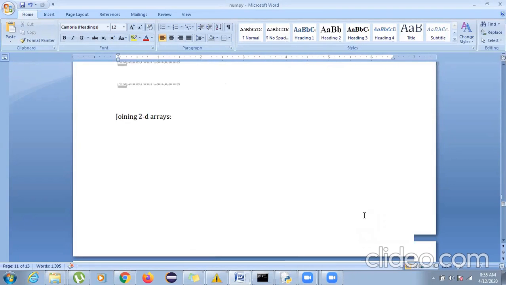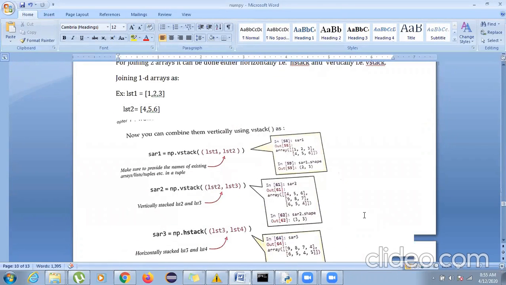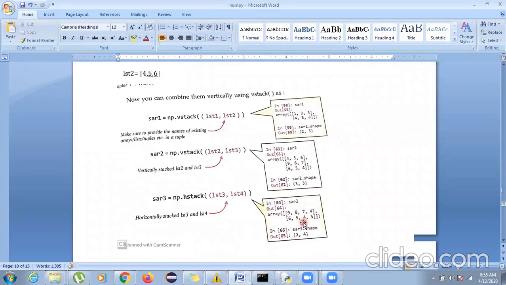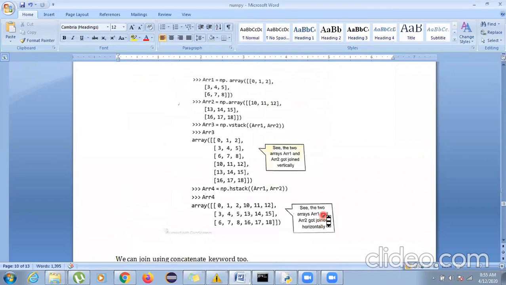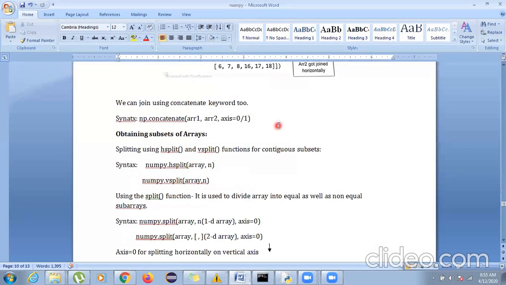List 3 and list 4, I forgot to mention. I forgot to write it over here, but it is given in an example. List 3, I told you by showing it here. List 3 is here, 9865. List 4 is over here, 7445. And they have added both of them. List 3 is, again I'm repeating, 9865. List 4 is here, 7445. Okay. You can use the concatenate keyword also. You can go through the examples for that from your book.